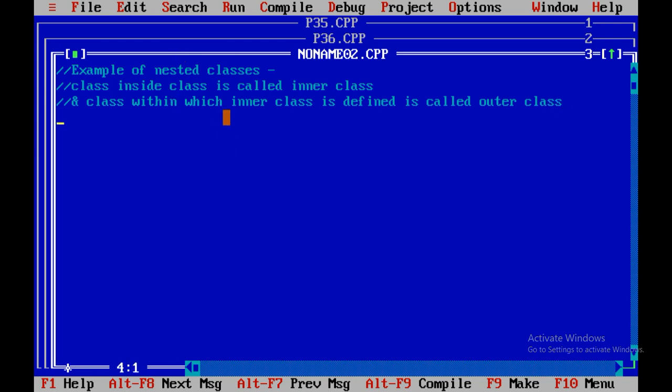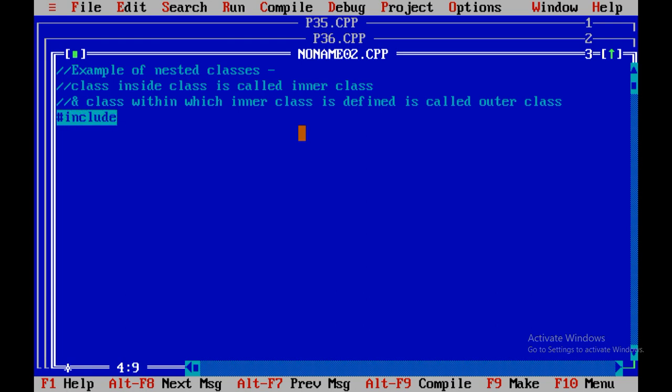So when you use the concept of nested classes, these are the two words you can use: inner class and outer class. Inner class is any class which is declared inside another class, and any class within which an inner class is declared is called the outer class.